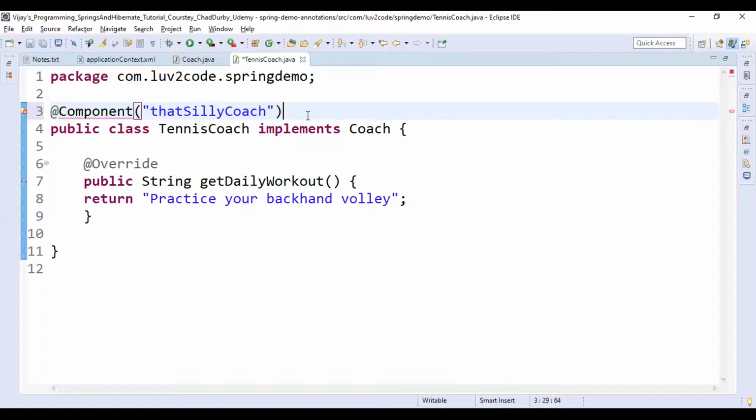The name of the bean ID is that silly coach. @Component is the annotation name. Within the bracket and within the double quote, we are supplying the name of the bean ID, that is that silly coach.